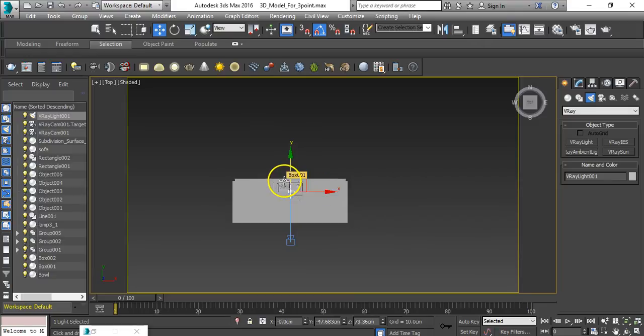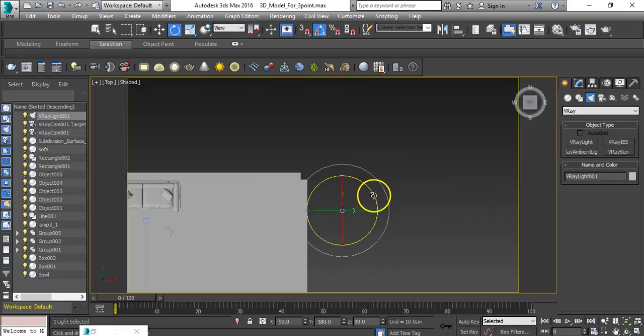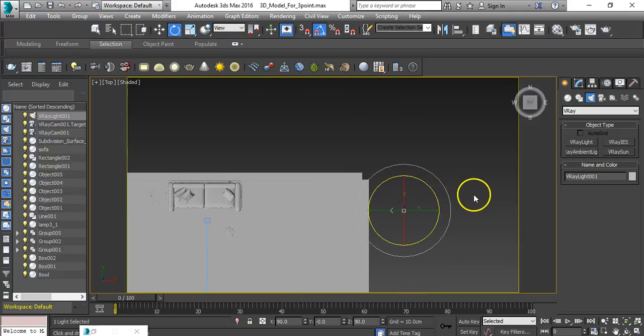Go to the top, and from top you can adjust here. So here I want the camera, right, and here I want the key light. So I'll rotate this one to this side. Okay,